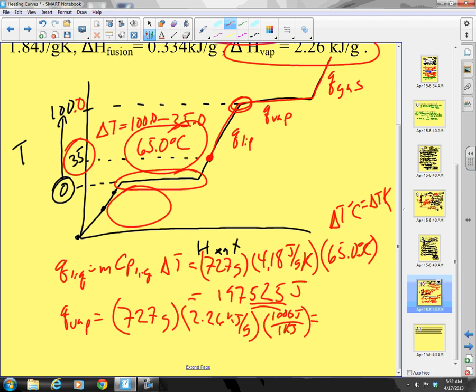727 times 2.26 times 1,000, and I get 1643020. Let's make sure my numbers are right. 727 times 2.26 times 1,000. And I get 1643020. Good. How many sig figs? 3. Okay, so I can only have 3 sig figs. And that is now in joules. And then the last,